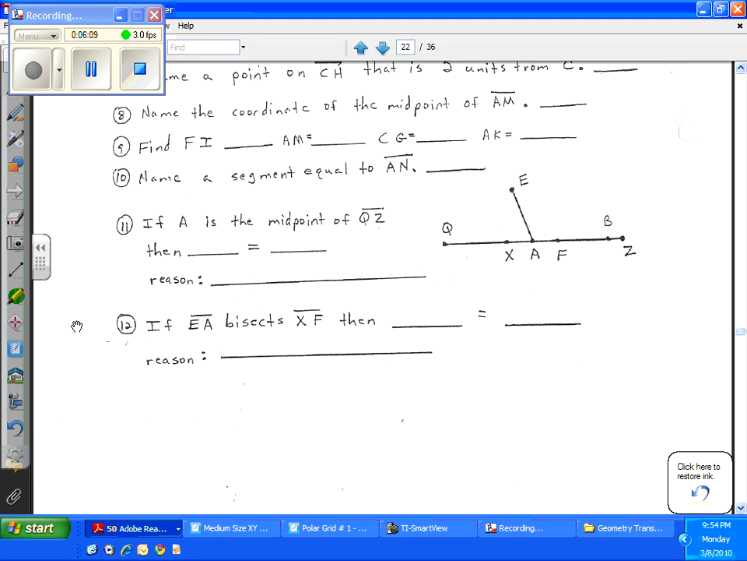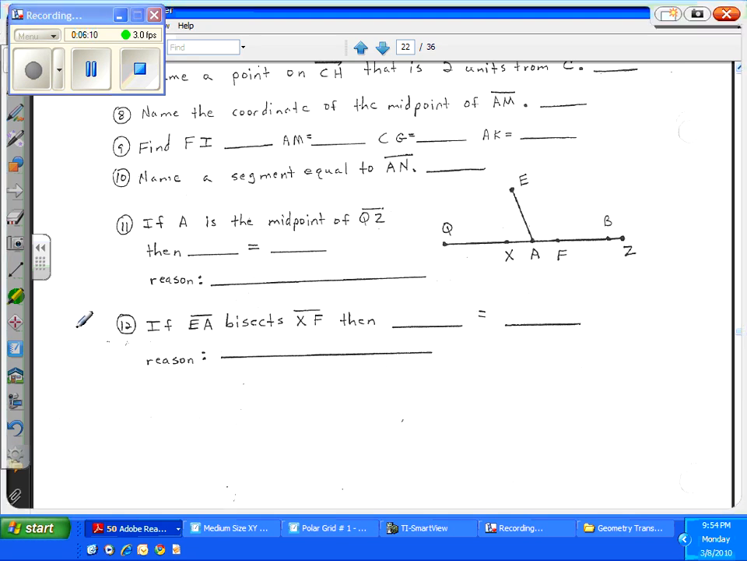And then we want to start getting into this reason. It says if A is the midpoint of QZ, that's saying that point A is the midpoint of this whole big segment QZ. Given that that is true, we can conclude that from Q to A is the same length as from Q